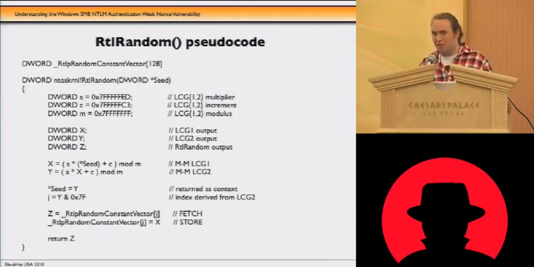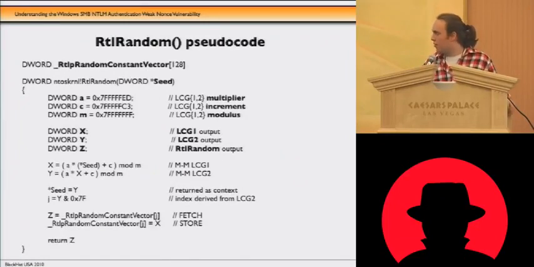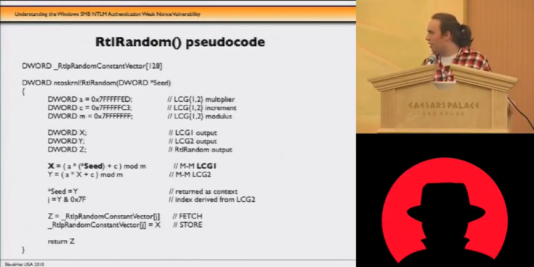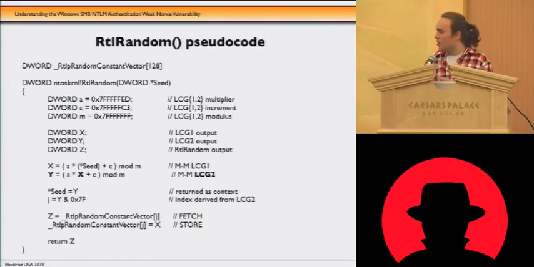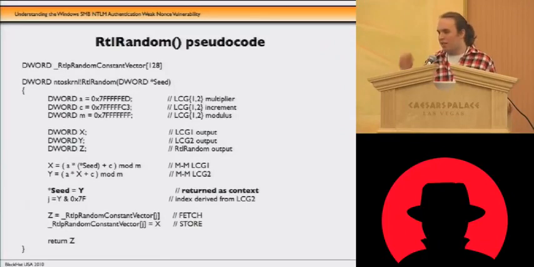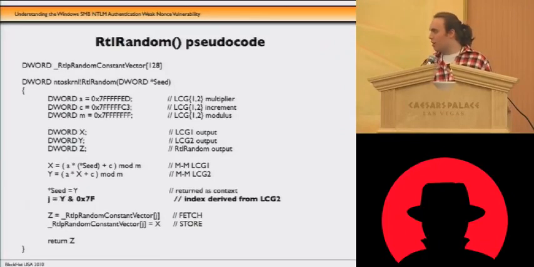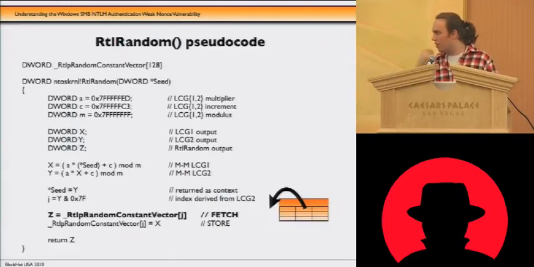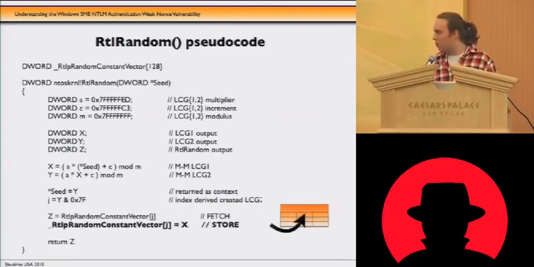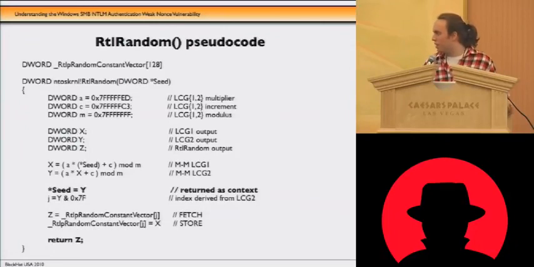So again, here is the pseudocode of the Rtl Random in this case that we disassembled. We have the context that it needs for the LCGs. First, we can see the formula of the LCG. It doesn't matter right now what's happening there, but that's the formula of an LCG. That's the second LCG, so we have 2 numbers created. The second number will be returned as a context. Then an index will be created, and that index will be used first to fetch a value, and then to store a value. We return the previously fetched value, and also the